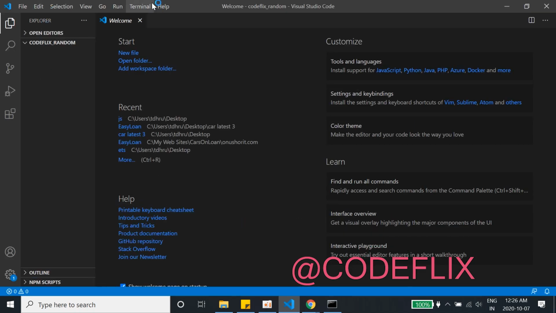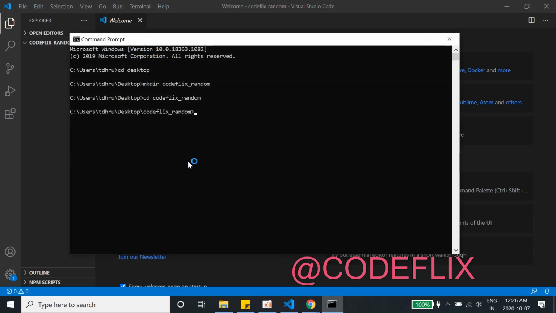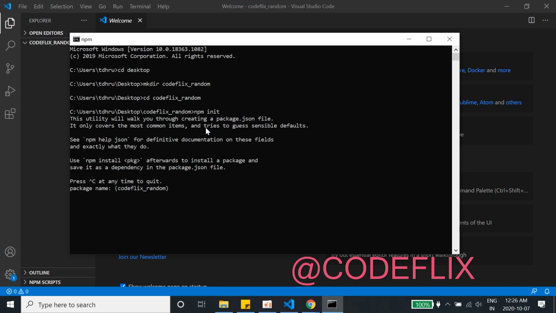Now this is the codeflix random folder open, and meanwhile I'll go to the command line and write npm init. I'll hit enter, and the package name I'll keep as codeflix random, the version like this, description just a random number generator. If you want to give a description it's okay, if you don't want to, that's fine.